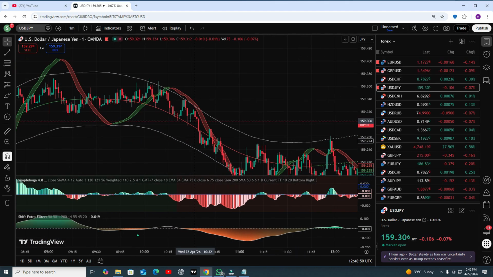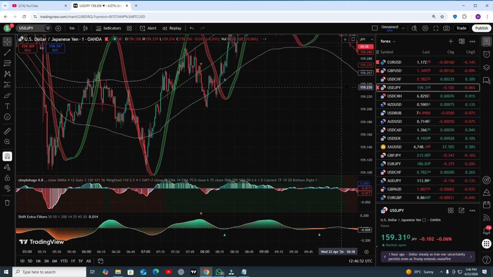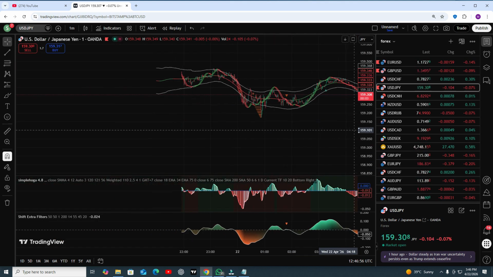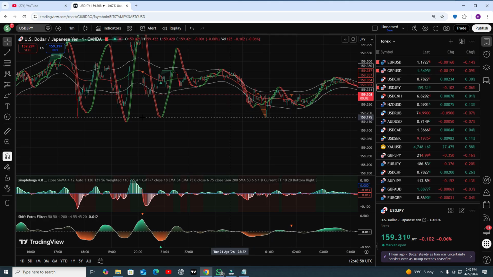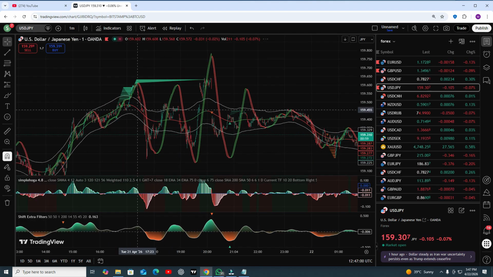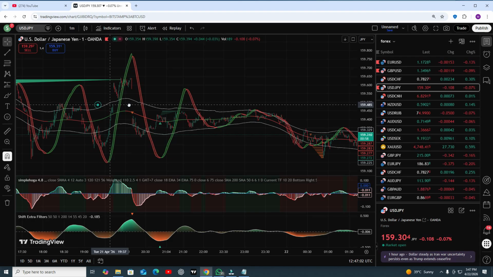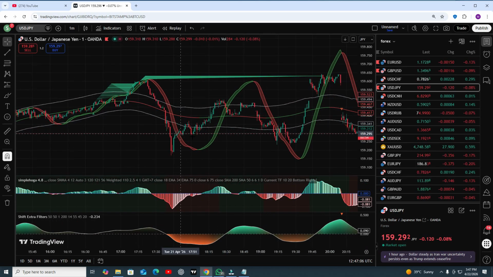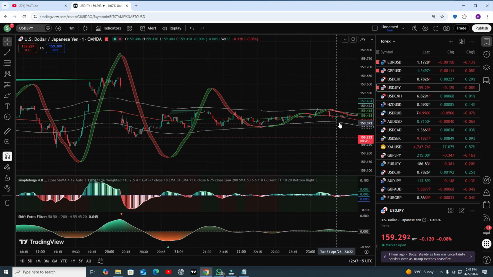Okay, let me show you some more trades here. These are the sell zone, but not according to our requirement. Okay, this is your buy zone. Here you can see you got two perfect trades, the first trade and the second trade, and close your trade. That is actually good, amazing.